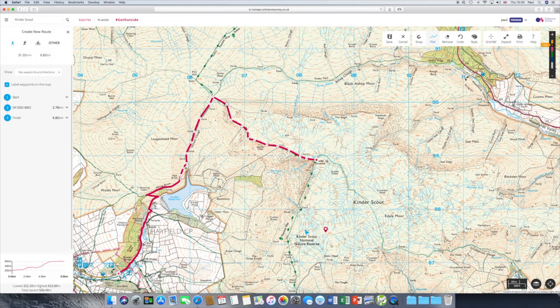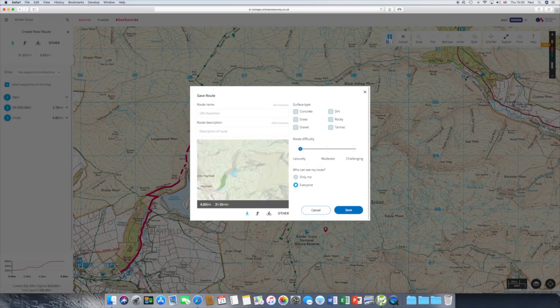So I can save that route now, and it saves it in the cloud on the OS servers under my login, so I can find this route again. So I'll just click on save of the route, and it asks me for a route name, so I'm going to call it Mass Trespass Kinder Scout,